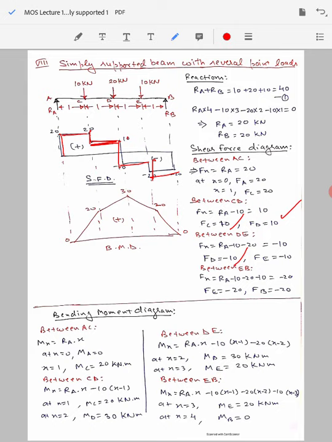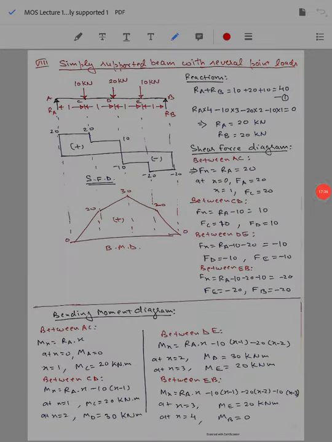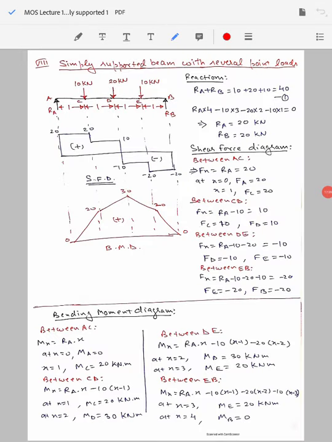So in this way I have plotted my shear force diagram here, and now we will calculate the bending moment for it. Bending moment is force multiplied by the distance. Again you need to assume the beam to be cut at different locations. Between A and C, there is only force RA, acting at a distance x from the cut section. So our first equation will be simply RA into x. You substitute x equal to 0 and x equal to 1 for the segment AC, and you calculate the bending moment at ends A and C as 0 and 20 kilonewton meter respectively.